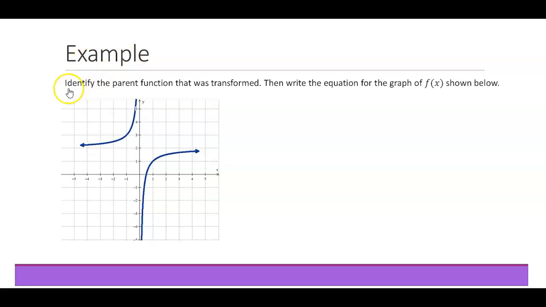And in this example, we want to identify the parent function that was transformed and write the equation for the graph of f of x shown. Now the graph of f of x shown is a transformation of the parent function 1 over x. So the parent function that we'd have to be able to recognize is y equals 1 over x, but that